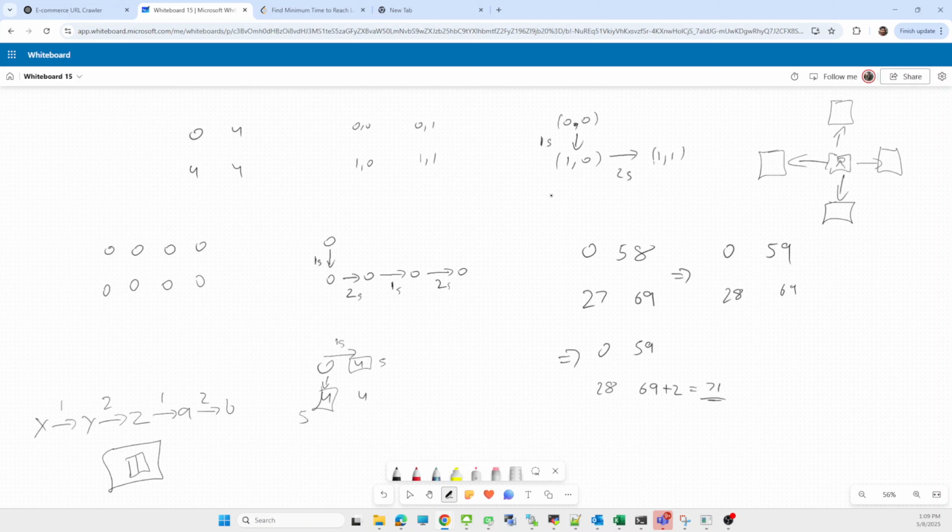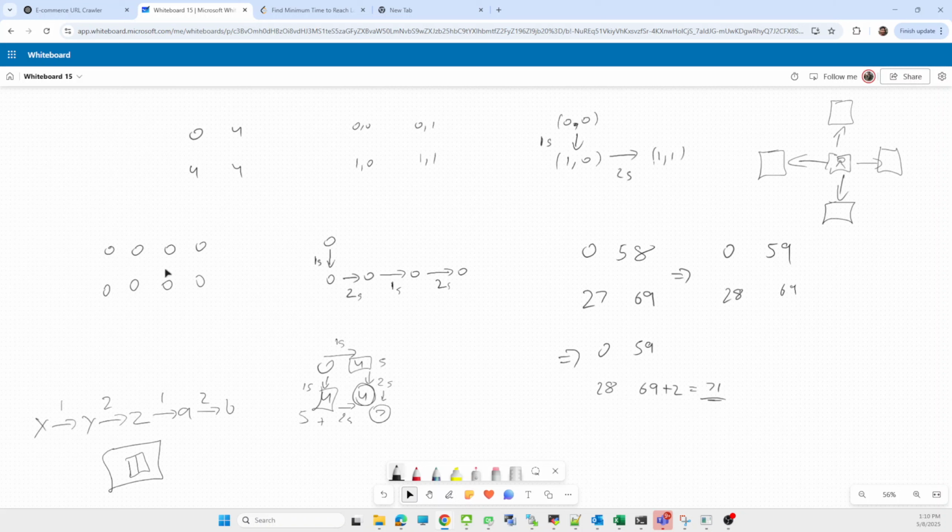Now if we talk about the previous statement, 1 second was needed, 1 second was needed. But now there is a slight change. What's the change? For the adjacent room, the cost will become 2 seconds. Here it will become 2 seconds. So what will be the sum? 5 plus 2 is 7. So the final cost to reach the last room will be 7 seconds.